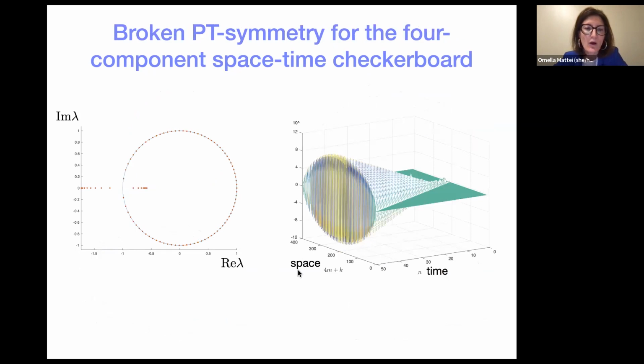So let's see what happens when the condition of PT symmetry is broken. Well, in this case, what happens is that on top of the eigenvalues of the transfer matrix that lie on the unit circle, I also have some eigenvalues that do not. So these correspond to a couple of modes, one that is increasing in time and the other one that will decrease in time. And if I send in a pulse into the material, when I choose a combination of the wave impedances for which I have broken PT-symmetry, I see that the amplitude of the wave will exponentially increase in time. This graph is in a logarithmic scale, and that's why you see a linear increase in time.